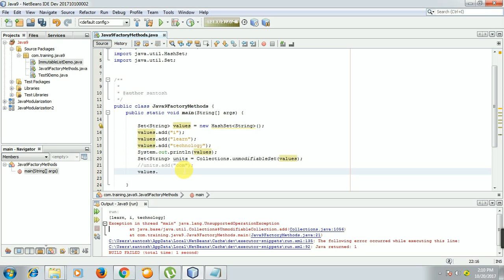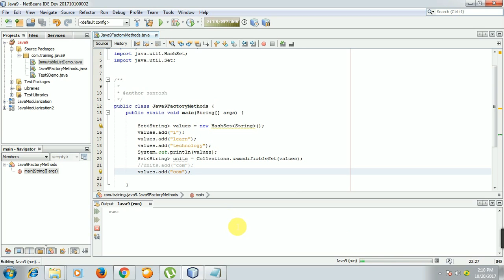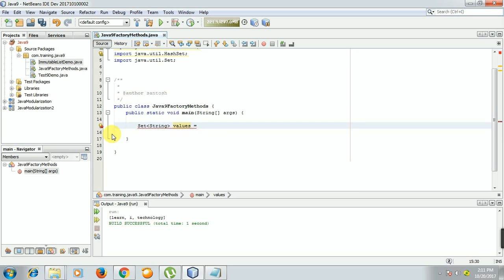values.add. Now you can see you are able to add successfully here, without any exceptions or compilation errors. That means you can still do some operations, or still modify the existing source. So this is a problem here. In order to avoid this problem,